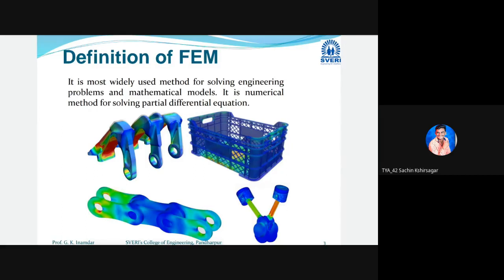Now this is also the main importance of that FEM software. Suppose if you see here the different components I have taken. The first component is showing a robotic arm. The three robotic arms are there. Also this type of link, which you have seen in a JCB also, or a fulcrum type of design is also there.